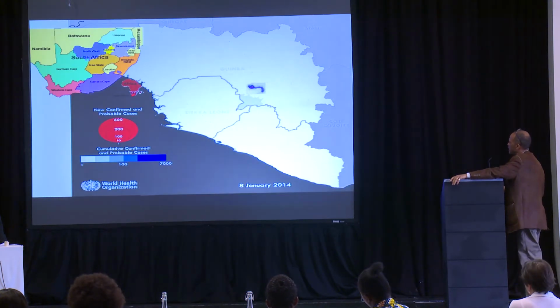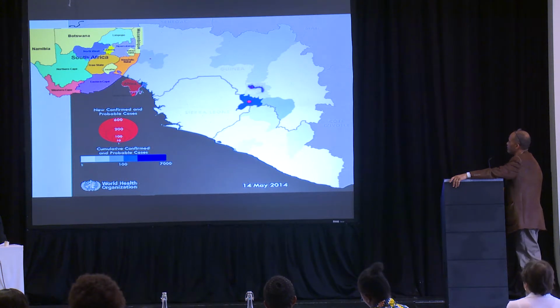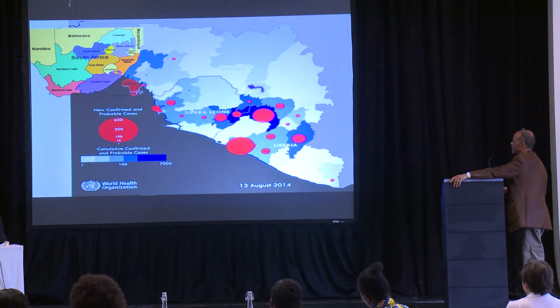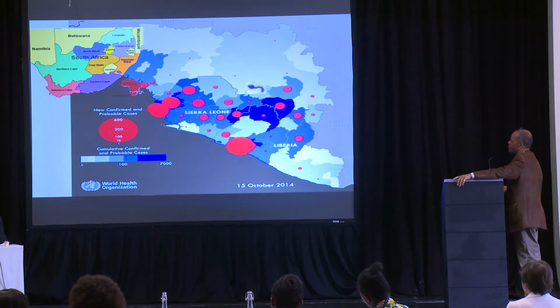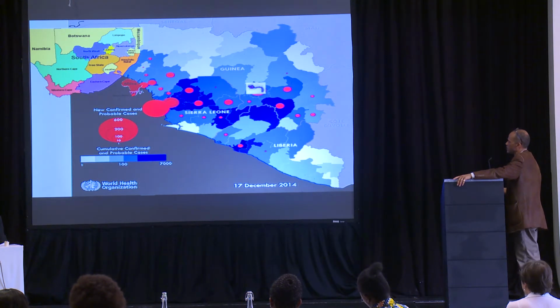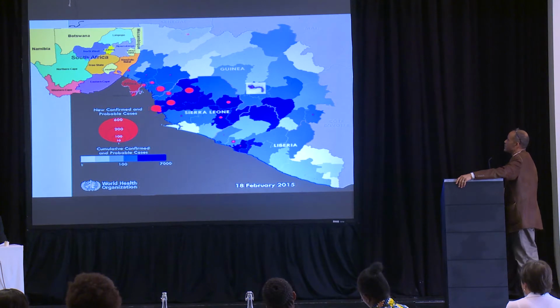So this slide is a WHO graphic, which shows how the outbreak spread over a period of 2 or 3 years across 3 countries. And I put the map of South Africa there, just so you get an idea of if that was happening in South Africa, how would we cope? Cases are just popping up all over the country, thousands of cases. Would we have the infrastructure to cope with this kind of scenario, even in a relatively developed